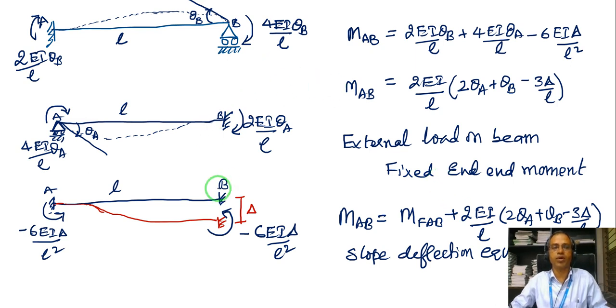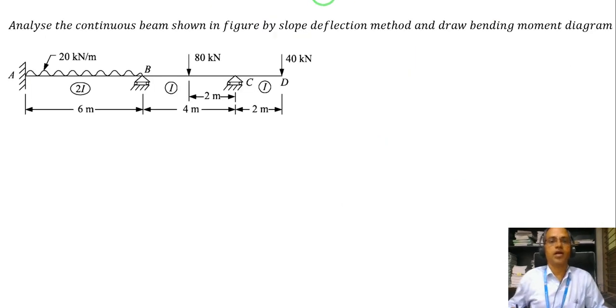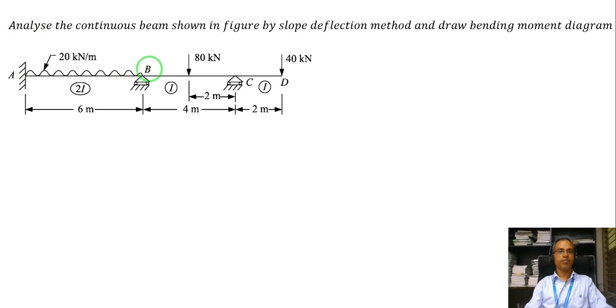So let us see an example of a continuous beam for the moments. So let us see a continuous beam which is A, B, C and D, and we need to analyze this beam using the slope deflection method, and we have to draw a bending moment diagram. Now first we need to find out the fixed end moments on the beam. So let us find the fixed end moment